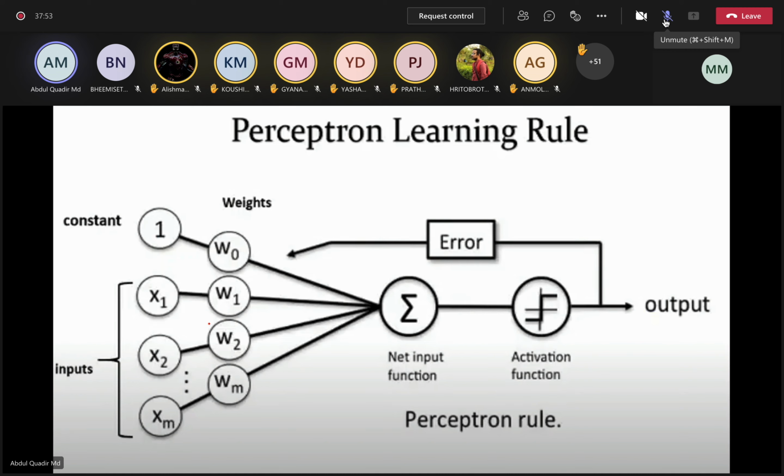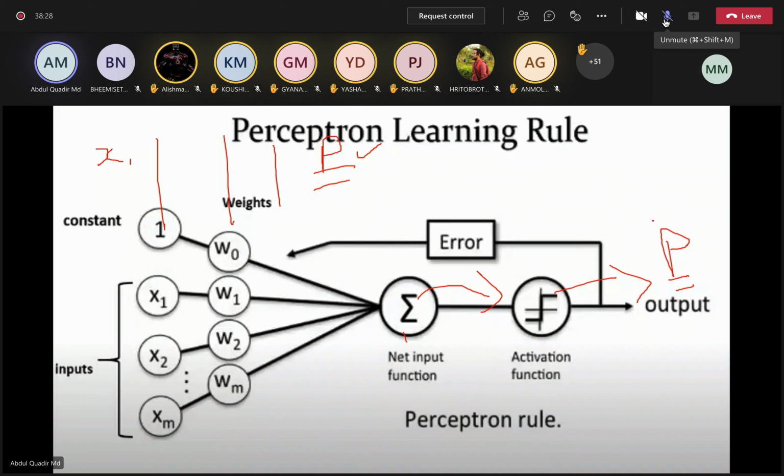So x1 w1, x2 w2, xn wn. Consider I am putting it into a summation function. For example, I have my x1 feature, x2 feature, all these things are my inputs for Raj, and finally it is predicting this as pass. Now I am putting it into the activation function, and it is also predicting pass. So both are pass, so there is no error, right? My actual is pass, my predicted is also pass.